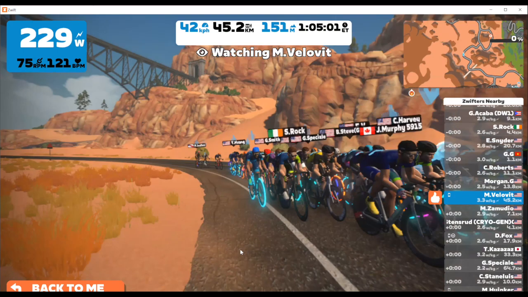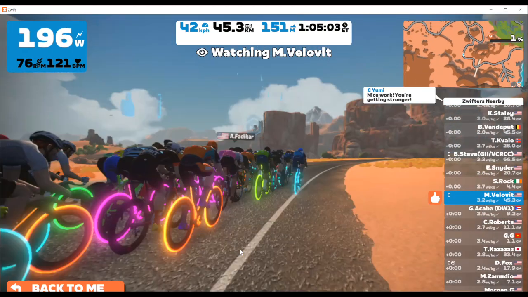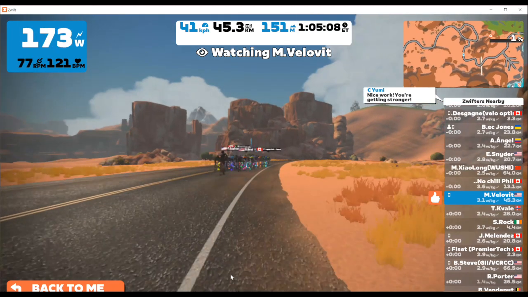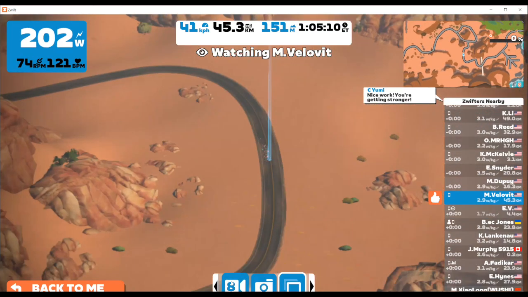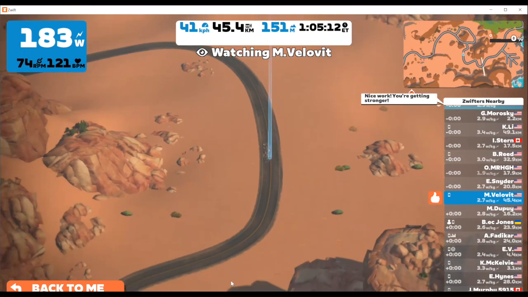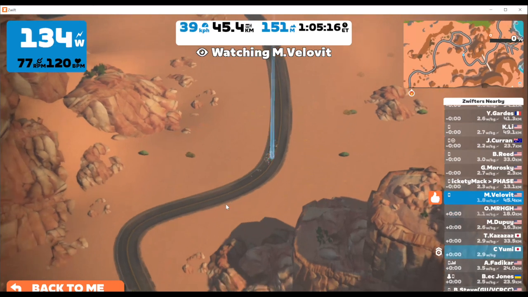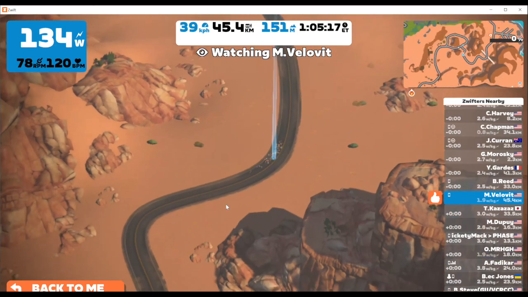Though I would have to say this view doesn't have a lot to do other than it's pretty cool, it gives you a different shot. And then the helicopter shot here, I don't think does much either, but it's pretty cool looking as well. Now, a couple other things on screen that I want to point out.